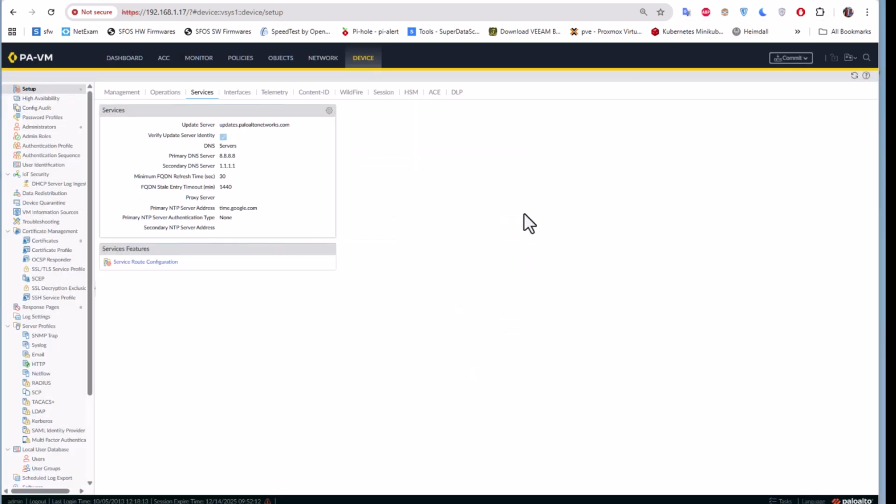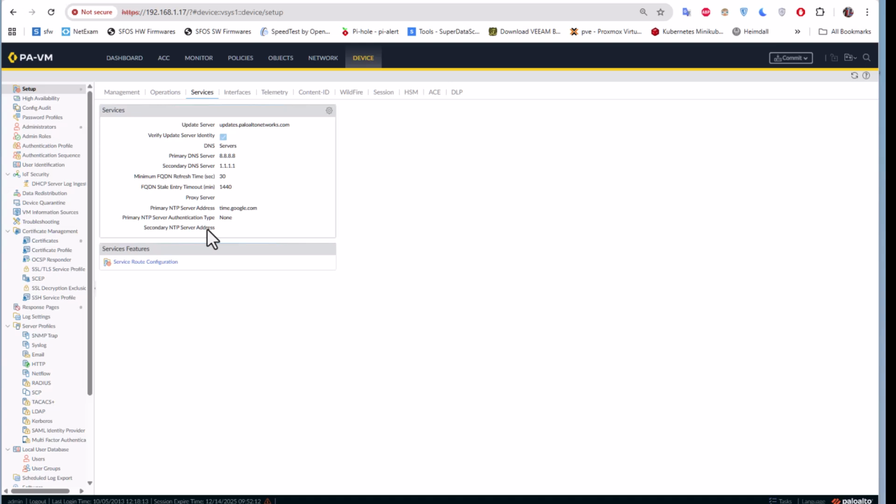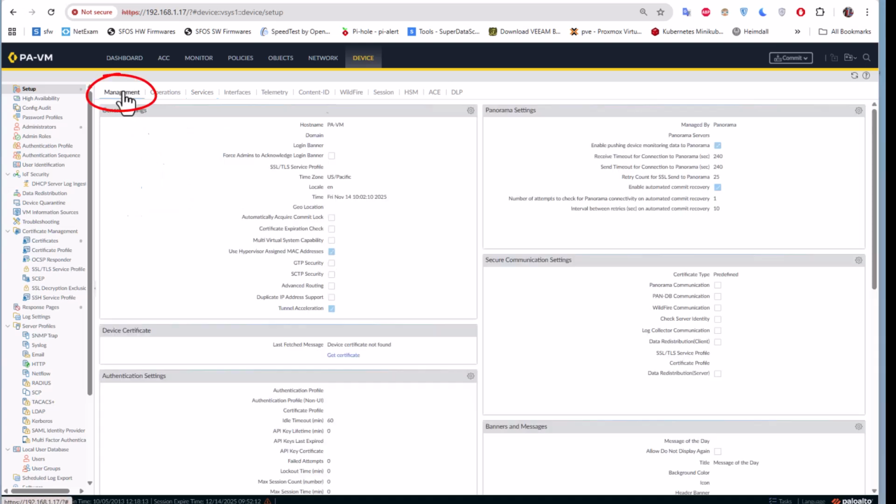so we are done with this interface here, or actually the services tab. So I'm gonna show you how to configure another thing, because we are not yet finished with our NTP server configuration, because we need actually also to set up the time zone. This is very important. So in order to change your time zone, you have to go this time to the management tab. Okay, and under general settings, you can see different things that you can choose or you can change